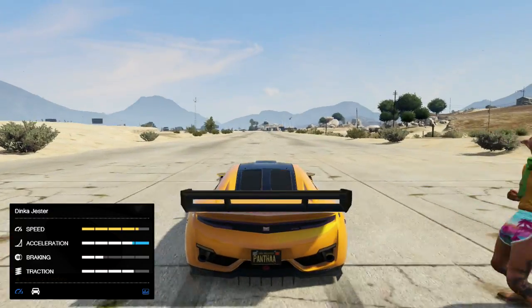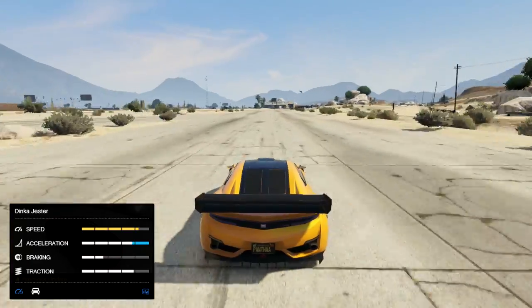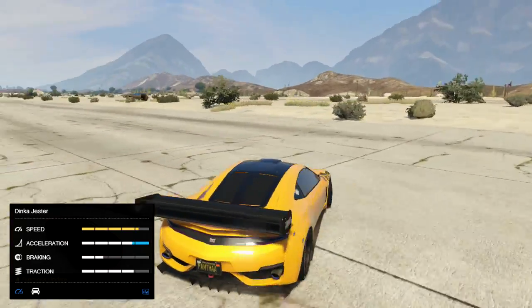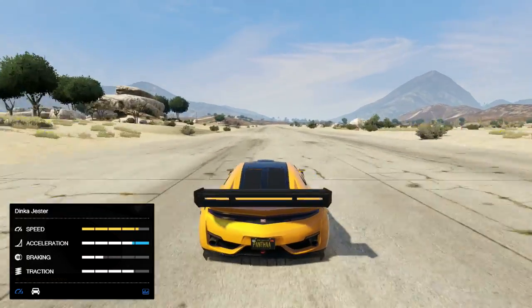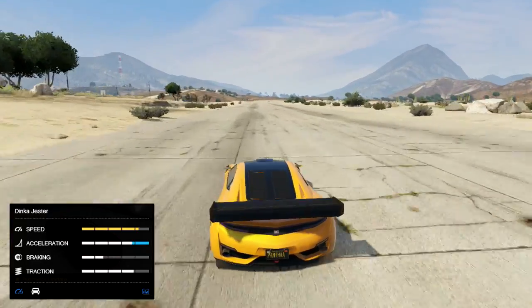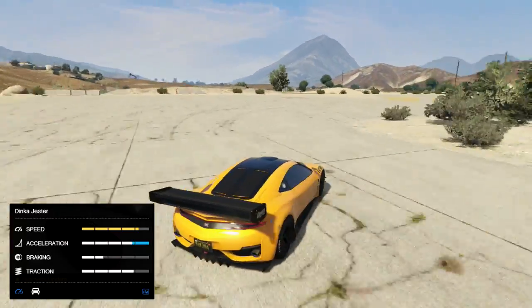The Jester is literally the complete opposite of what the Carbonizzare is. The Jester is planted to the road. It won't slide like the Carbonizzare does. It doesn't wheel spin like the Carbonizzare does. It will be planted. Now, this can be negative and positive because in the corners it grips like no other